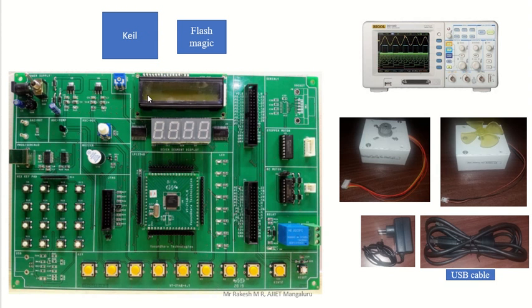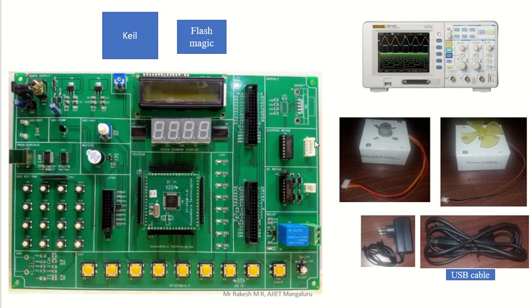So here we have an LCD screen, LED screen, and we have the ARM core here. This is the ARM core. These are the interrupt switches and a hex keypad. Then we have here a buzzer, a USB port, and the power adapter connection. Then also we are going to connect our stepper motor in this place.